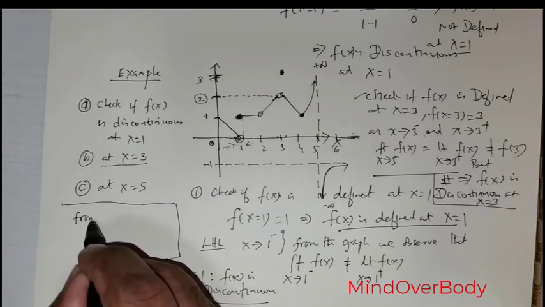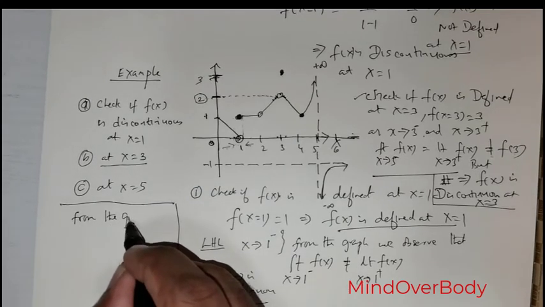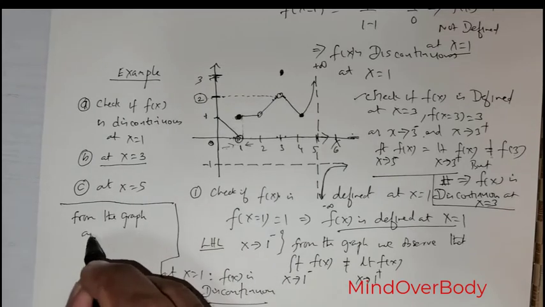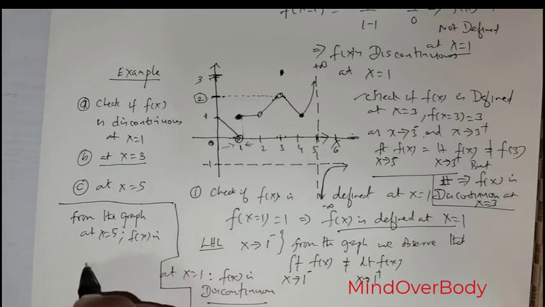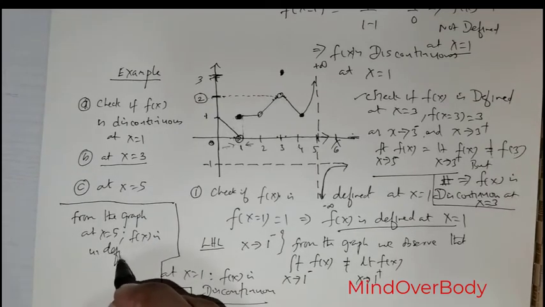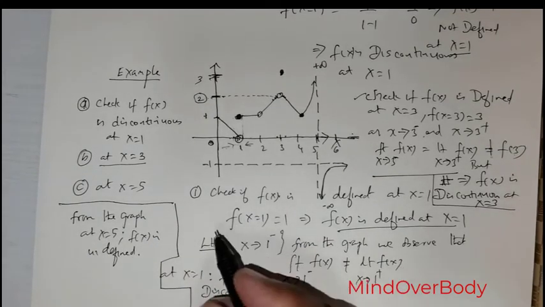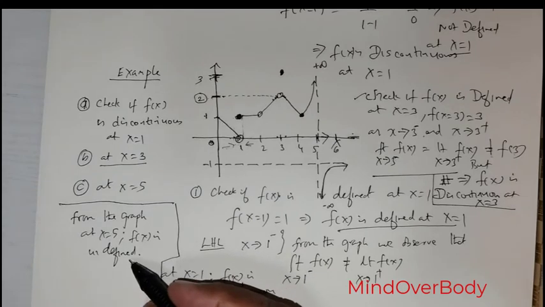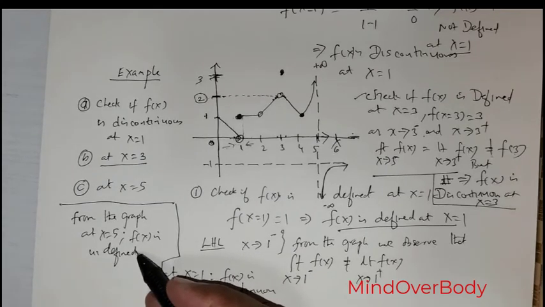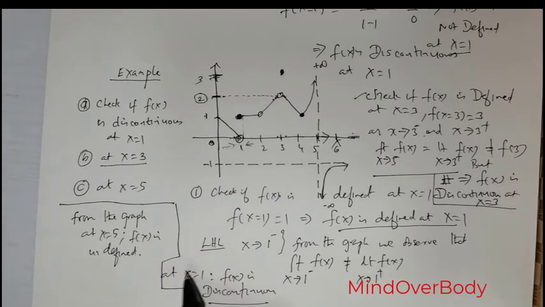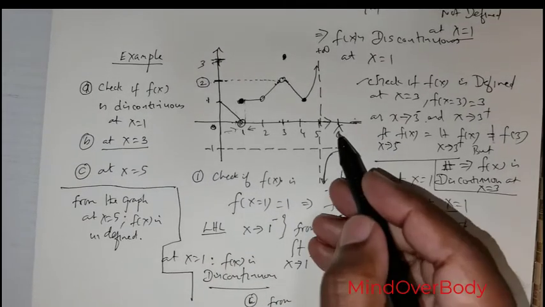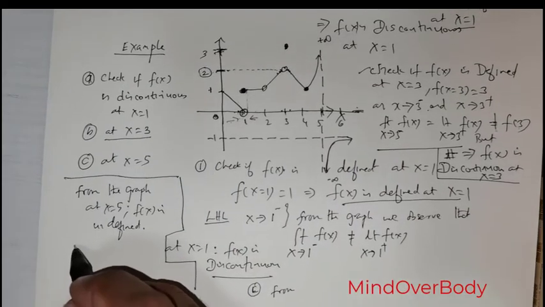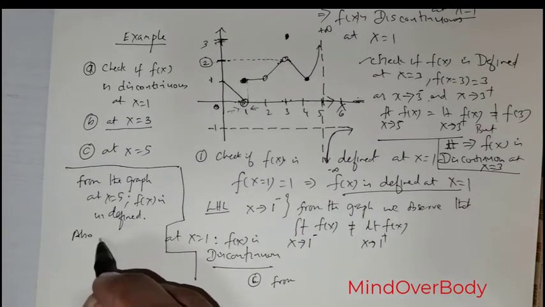So I can write that from the graph, at x is equal to 5, f of x is undefined. That itself is sufficient for us to conclude that the function is discontinuous at x is equal to 5. But if you were to check the right hand limit and the left hand limit also